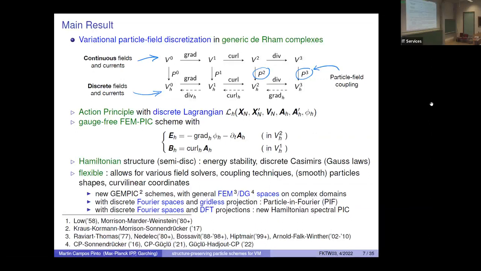that can be either Fourier spaces or truncated Fourier spaces, or standard finite element spaces on triangles or quadrangles, something like that. And here you have the de Rham sequences between the spaces with the grad, curl, and divergence operators. And I also denote the adjoint differential operators that go in the other direction with a small h to remind that in general they are discrete operators.